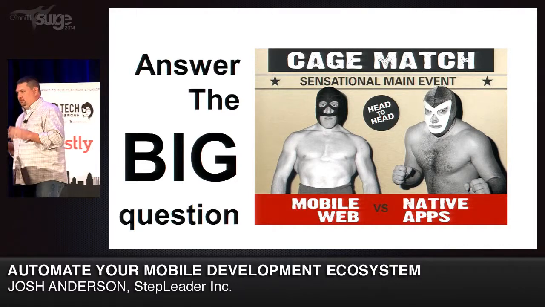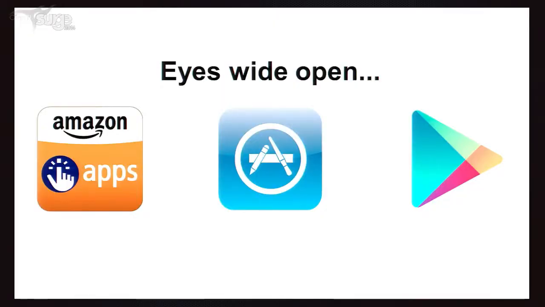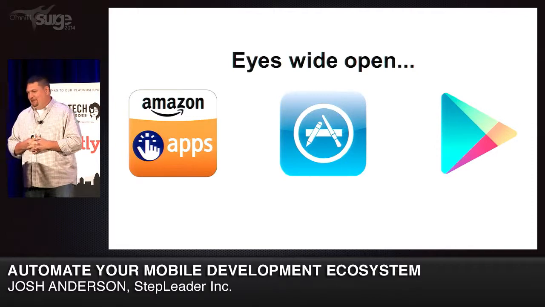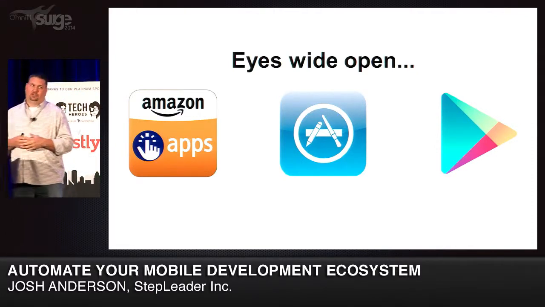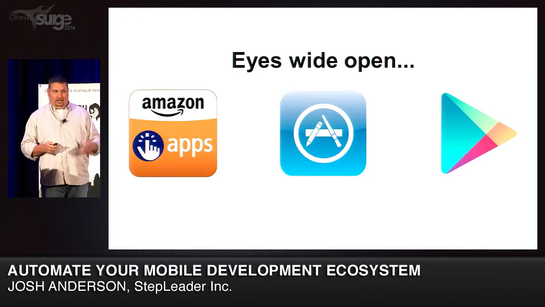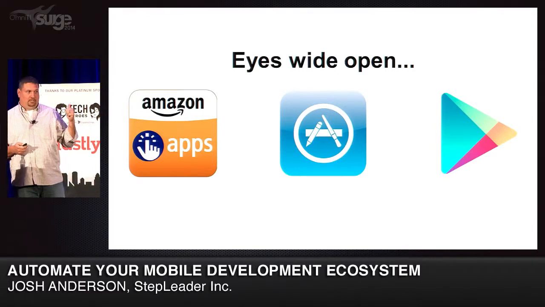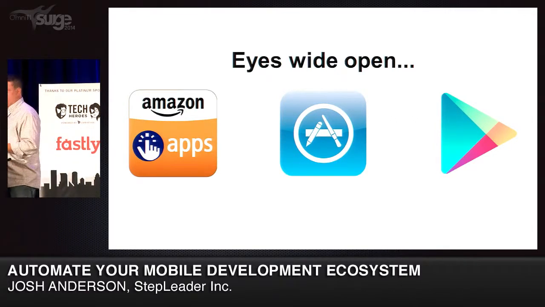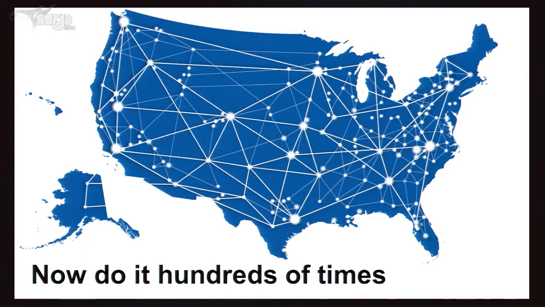Now, we're not saying that native apps are the right thing for everybody. Be careful, think it through. I'm going to talk through why you need to think it through. Walking in with your eyes open, if you choose native apps, you've got 3 stores to work with if you're doing the big 2. We didn't mess with Windows Phone. We had one guy that wanted us to do a Windows Phone, and we didn't do it. But when you have these 3 stores, your work is tripled because you have to submit three times. So those are real challenges. It's going to slow you down. You're going to have to put processes in place like we did here to make it a simple process to ship software.